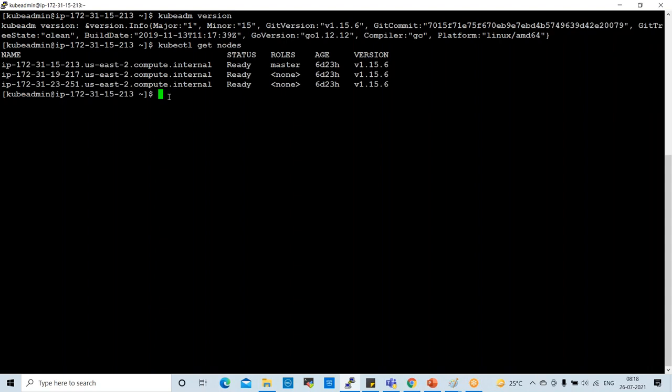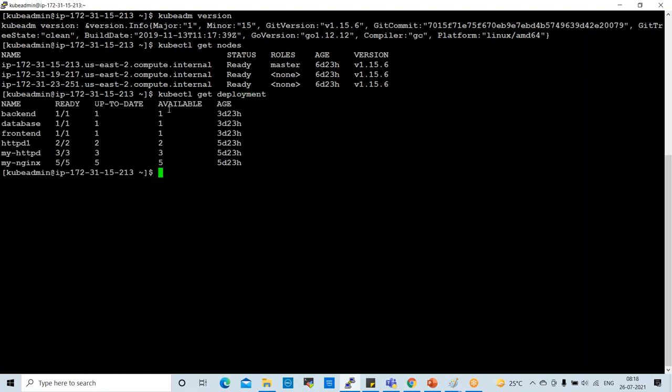Next one is kubectl get deployment. So these are the deployments available. If you want to delete any deployment, the command here is kubectl delete deployment and the deployment name. For example, I want to delete some deployment.